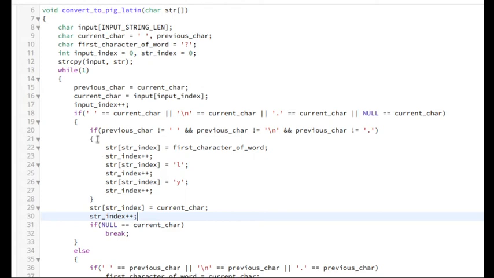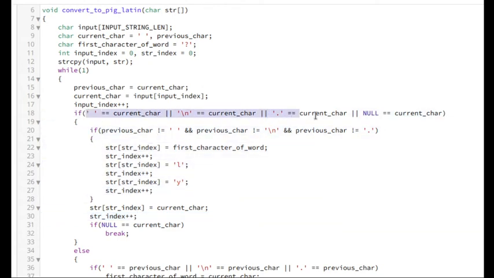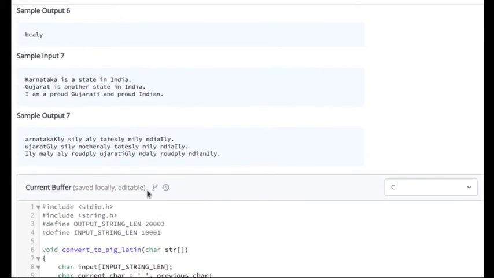Irrespective of whether this condition is true or false, if we have a current character as this, then we should store the current character in str index. See, when we encounter space, then we definitely need to put there the first character of the word and then append it with ly.